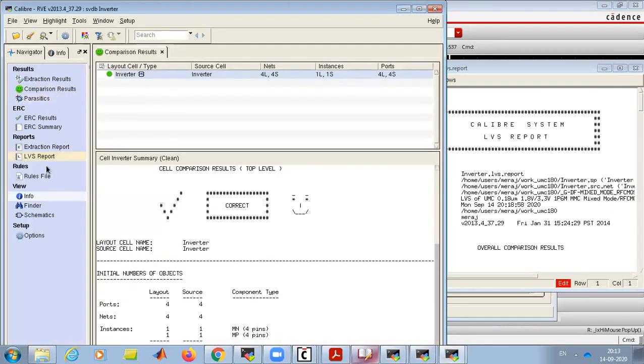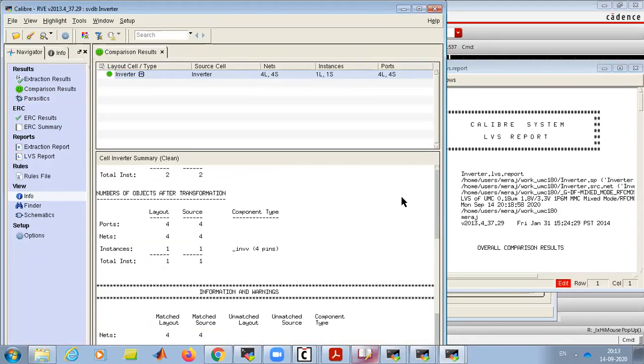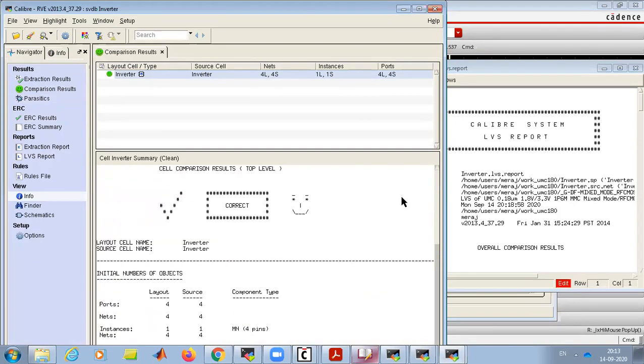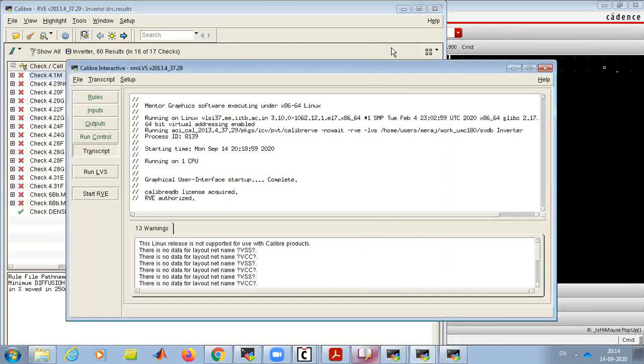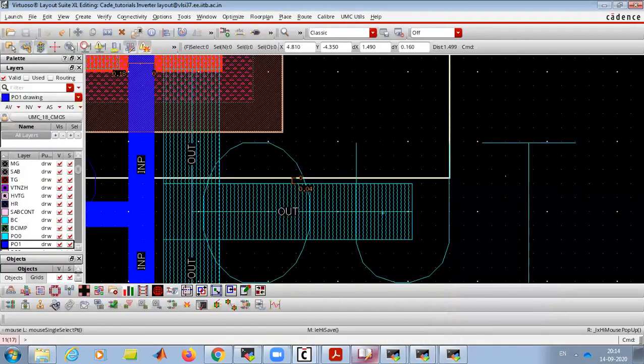So we can see this green smiley. So now our layout and schematics are matched. The first thing is we need to see that we are not violating any rules of this layout, and second is layout versus schematic. Now the third and the last thing is we'll do some parasitic extraction, because in our